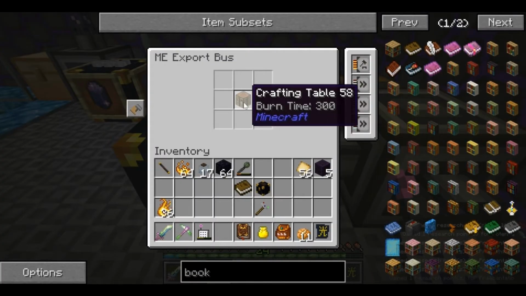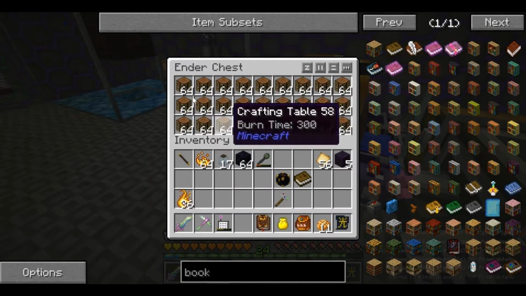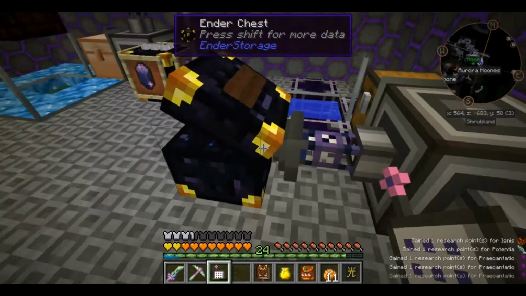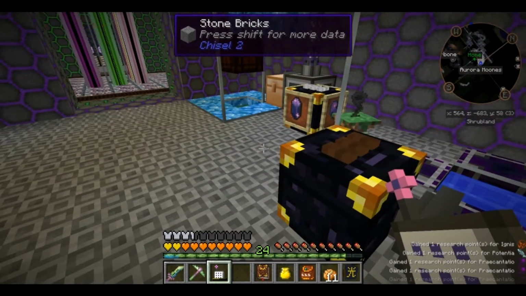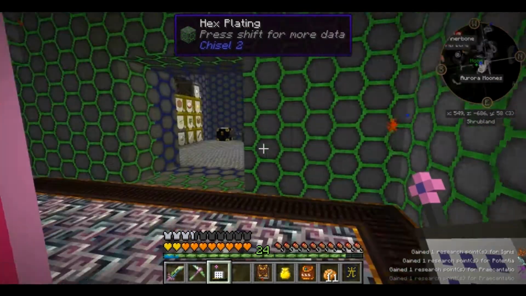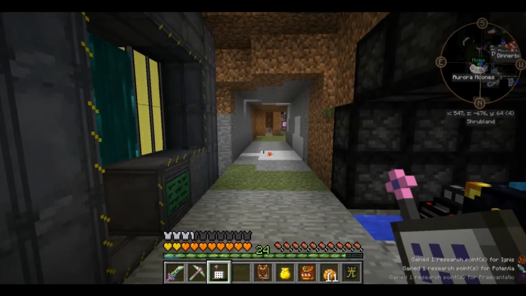You are going to start exporting books instead of crafting stations. Now, you will export and craft books enough to stay in there. Sweet. So now we actually have that set up already. Alright, so now we need to go ahead and...